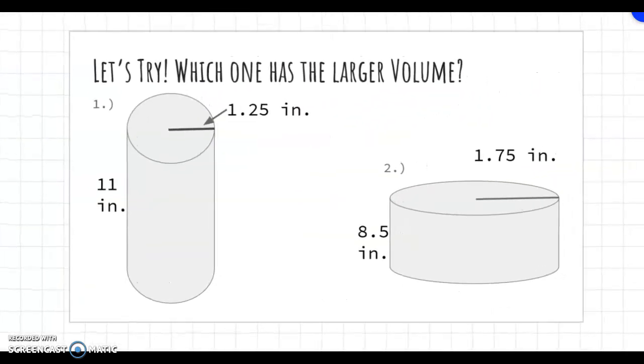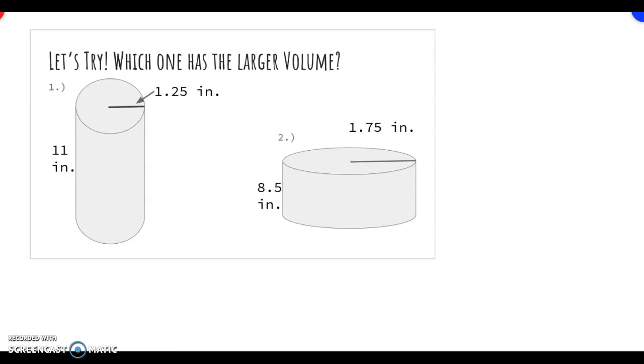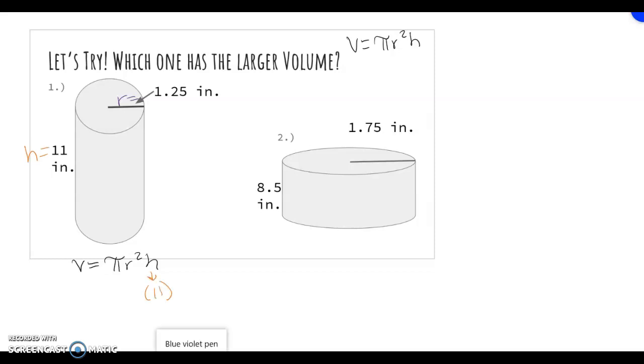So let's try and compare. We're going to take our volume formula, V equals pi r squared height, and what we're going to do is label each part. So I know radius is the top of the circle of my cylinder and it's halfway. So this is my radius and this right here is my height, 11. So what I'm going to do is plug in those for each. So I'm going to do 11